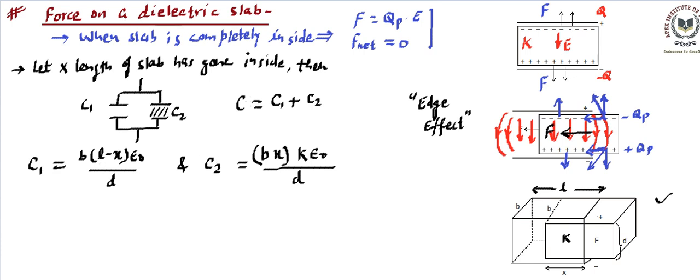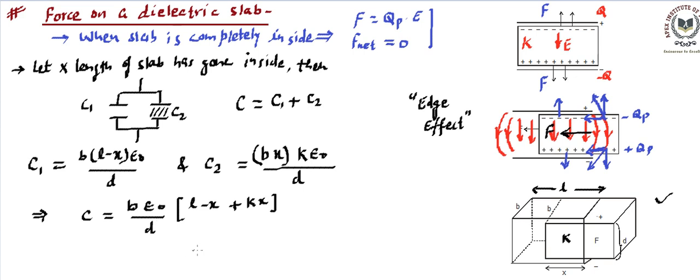Once we are able to write C1 and C2, we can find the capacitance. Hence we can say the capacitance is going to be C1 plus C2. So we are going to add these numbers. Some things are constant, so those we can take as common. So B epsilon naught divided by D. These are constant as well as common, so we are taking them out. Now here we are going to find it as L minus X plus, in this we are going to find a Kx.